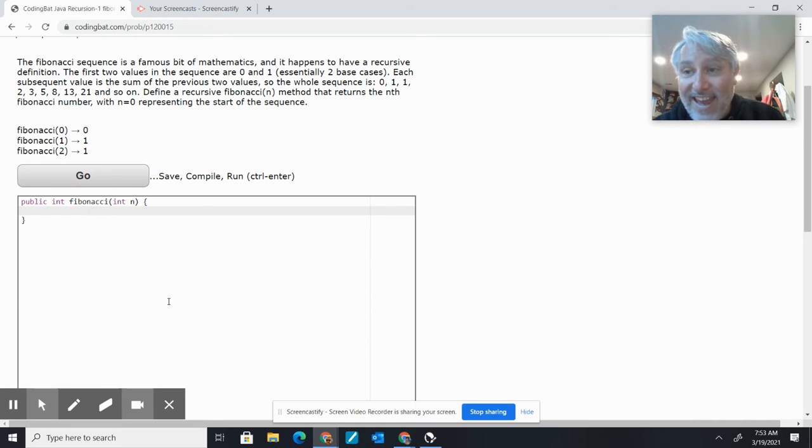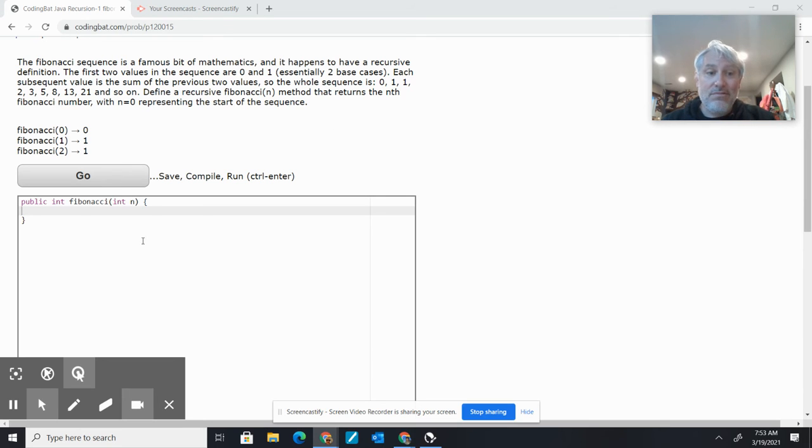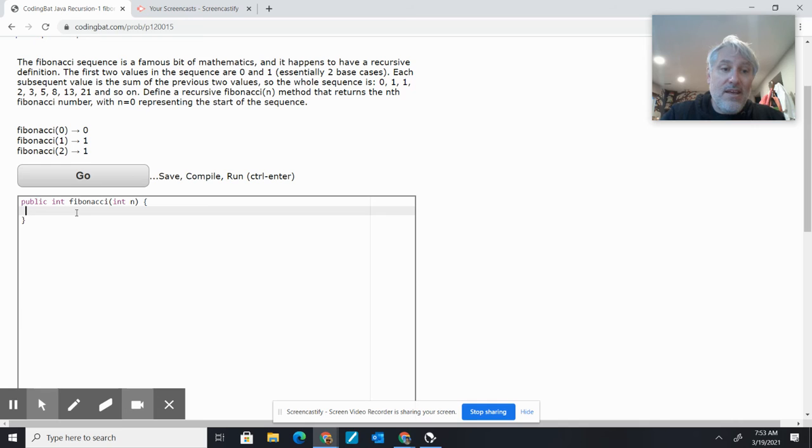Alrighty, so we need to know when to kick out. And here, the problem is we need to kick out a couple of times, because if n equals 0, we want to return 0. But that's not the only time we want to just magically kick out something. We also want to kick out something if n is 1. So if n equals 1,